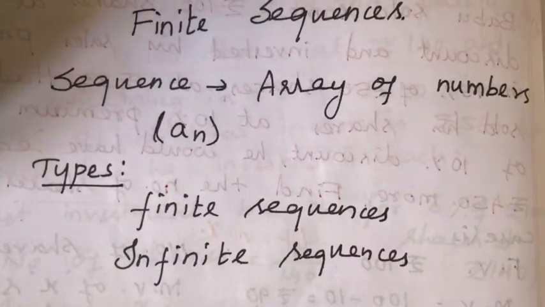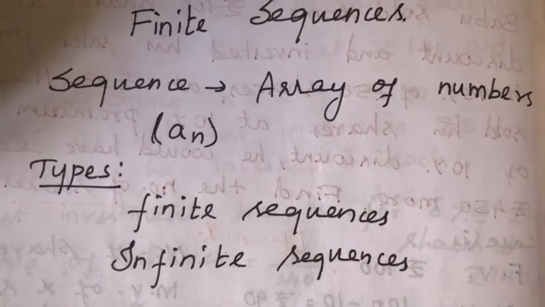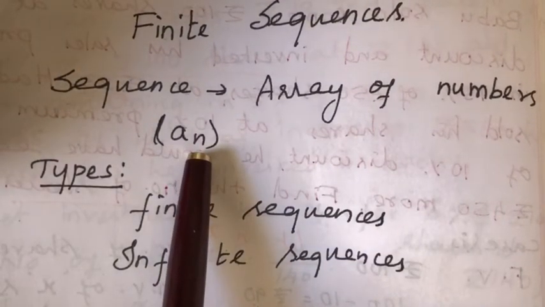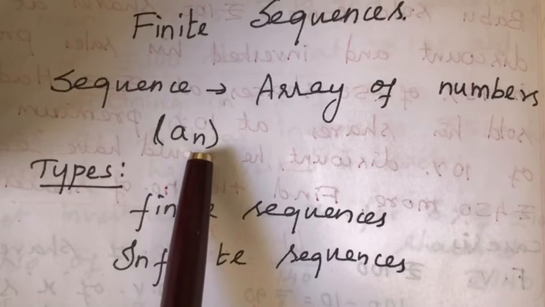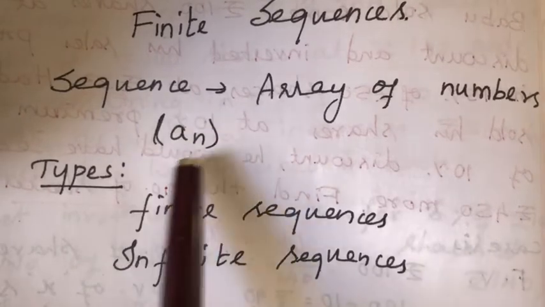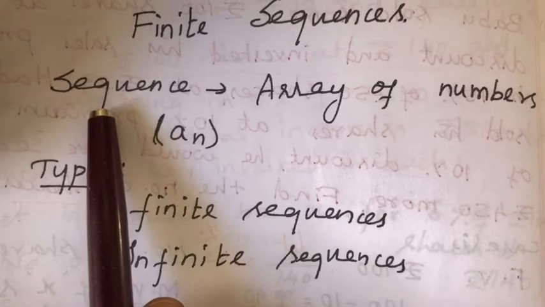In our Unit 5, we are going to learn about finite sequences. Sequences means an array of numbers, an arrangement of numbers, a set of numbers that comes under any condition, is known as a sequence, and we denote it as an. Here n represents the term: a1 means the first term, a2 means the second term, and it goes on like that. We have to write that within the brackets, and the bracket an represents that it is a sequence.